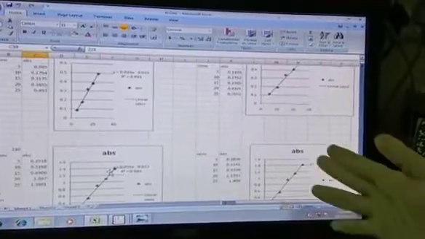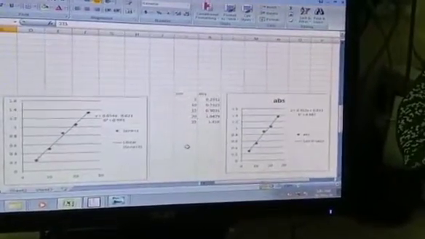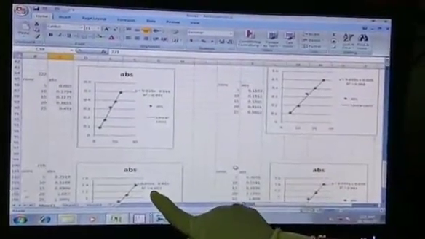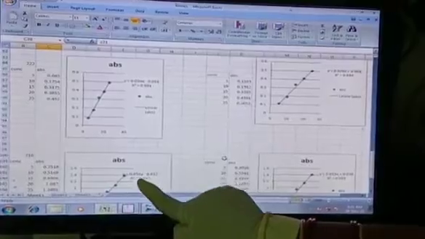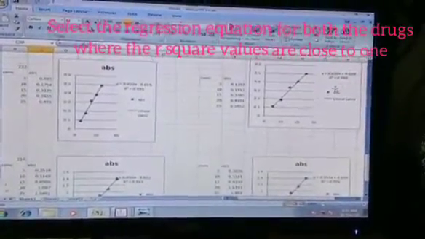This is for metoprolol succinate, this is for ramipril. So like that, I have already constructed the calibration curves at 3 zero cross points for metoprolol succinate and 3 zero cross points for ramipril, and these are the 6 calibration curves that I am showing you at different zero cross points. In these 6 calibration curves, I will be selecting where I got 0.999 or nearer to 0.999.